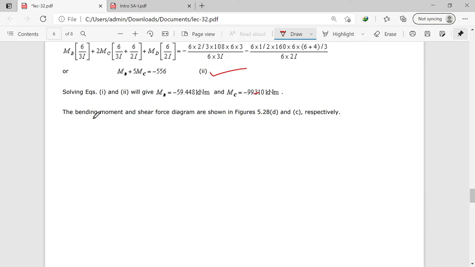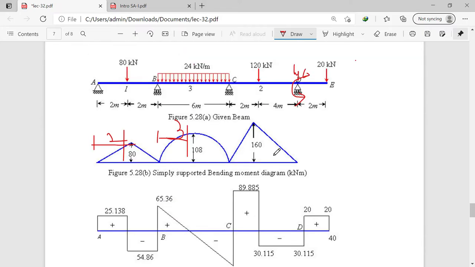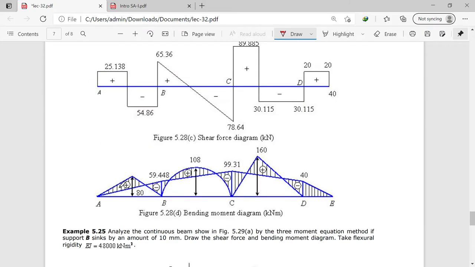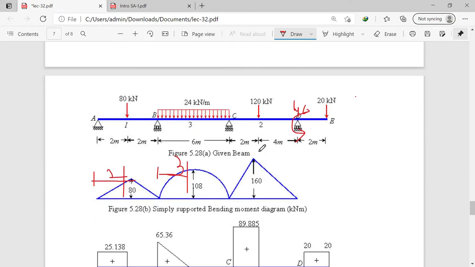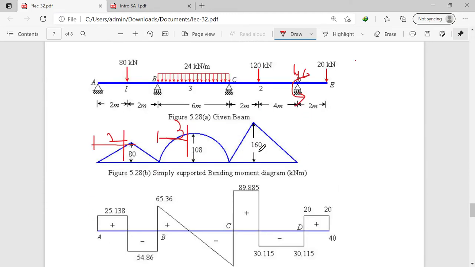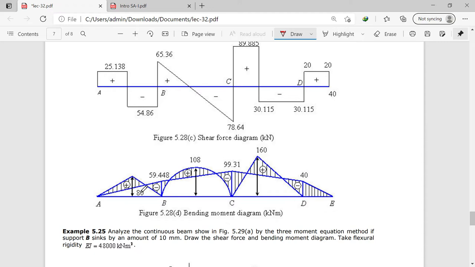Okay, now this is the typical bending moment diagram. This is the shear bending moment diagram, sagging bending moment diagram, and this is a net bending moment diagram. Okay, so in your examination you are expected to draw the minimum 3 diagrams. So which diagrams you are expected to draw? The first is sagging bending moment diagram, second is hogging bending moment diagram. It is a combined diagram.